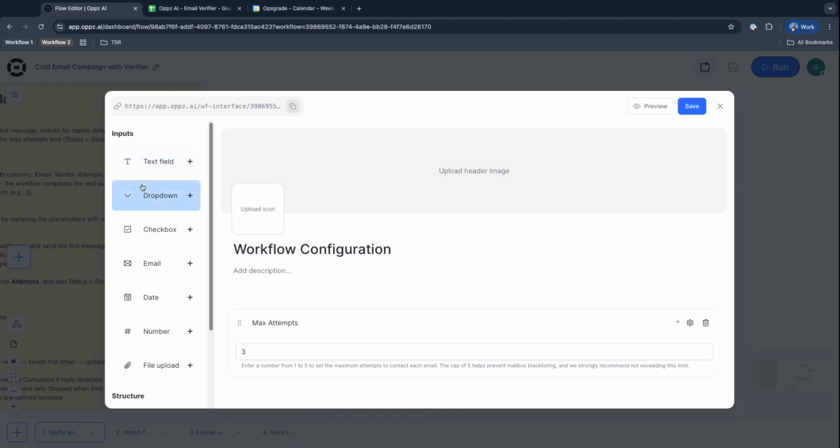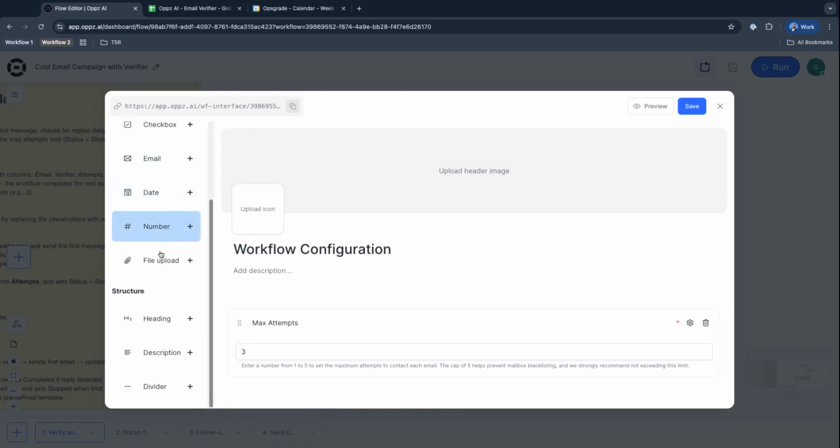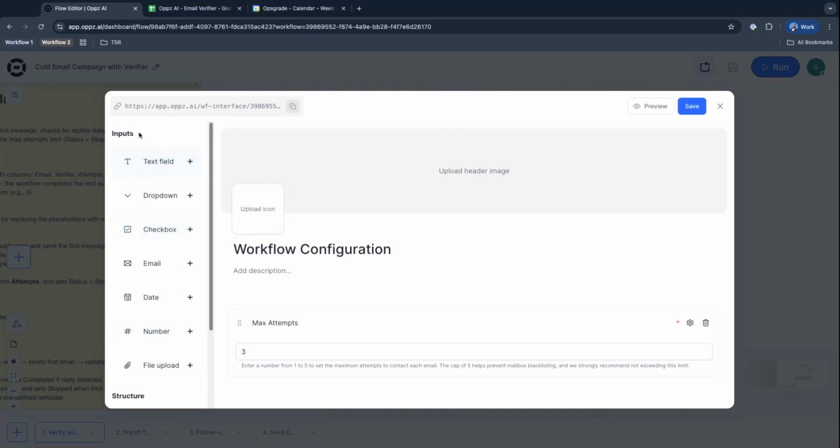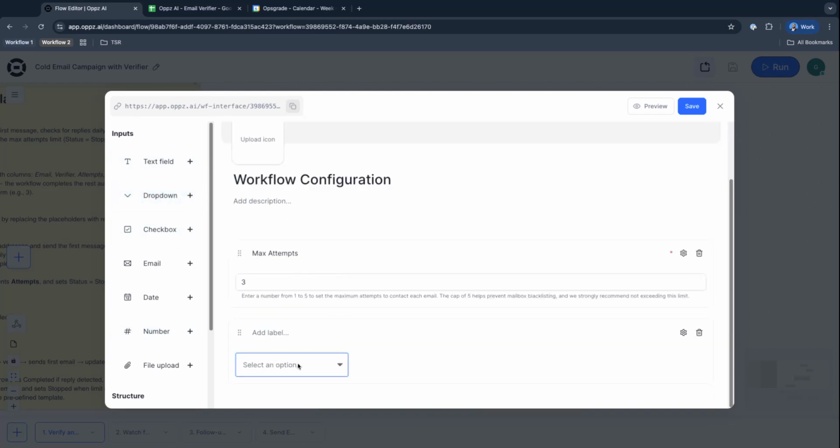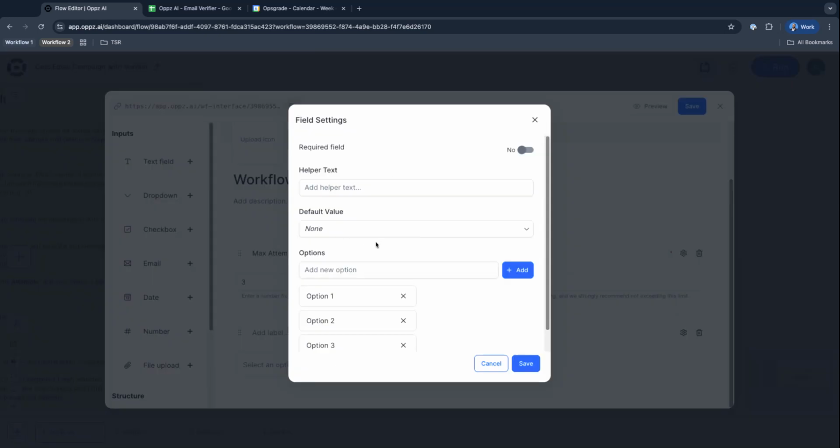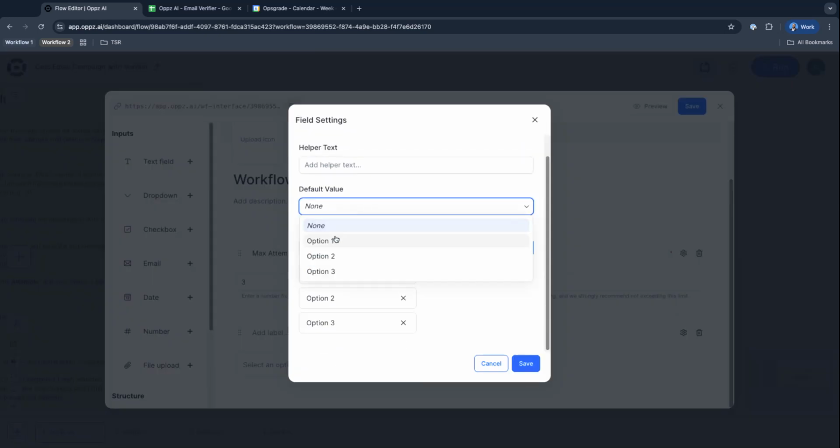But we do have, and this is more importantly, we do have very different types of data that we can include in our form. So I could add a drop down, and here I can select the options. If I click on the settings icon, then I can define my options, a default value, helper text. Helper text is super useful